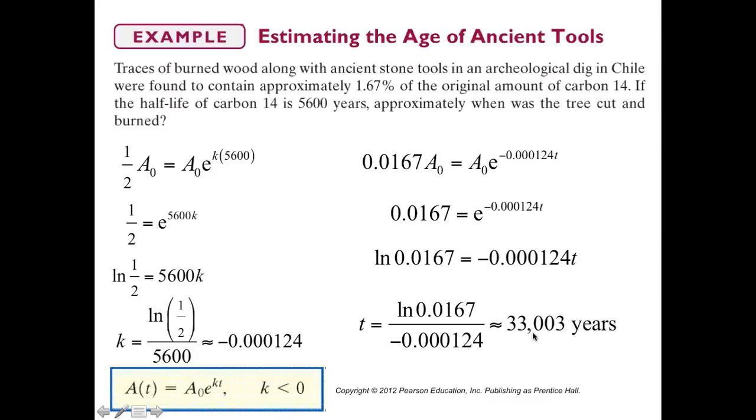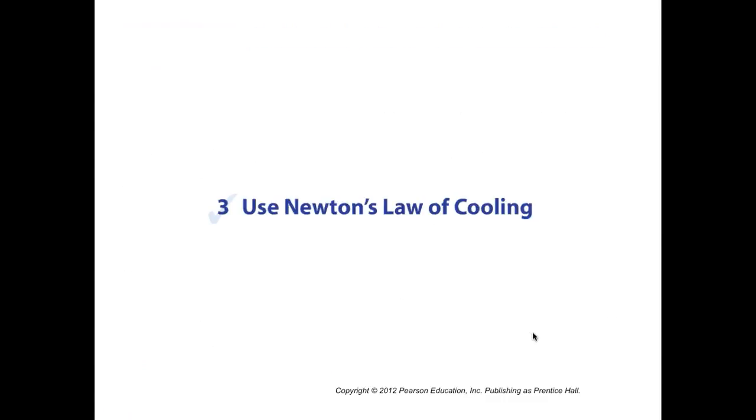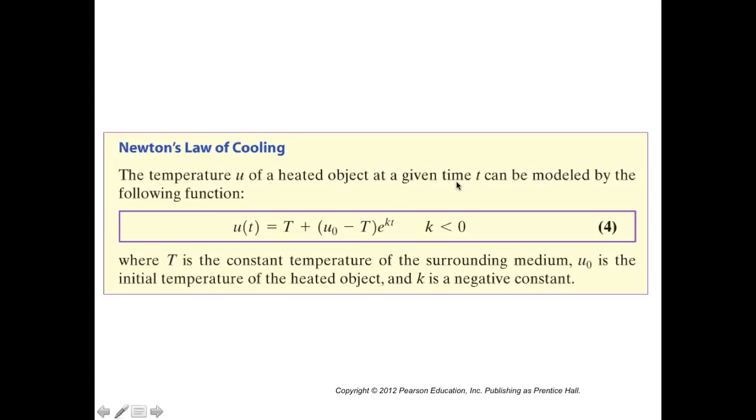Traces of burned wood, along with ancient stone tools in an archaeological dig in Chile, were found to contain approximately 1.67% of the original amount of carbon-14. If the half-life of carbon-14 is 5,600 years, we want to approximate when the tree was cut and burned. So we're going to use our uninhibited decay,